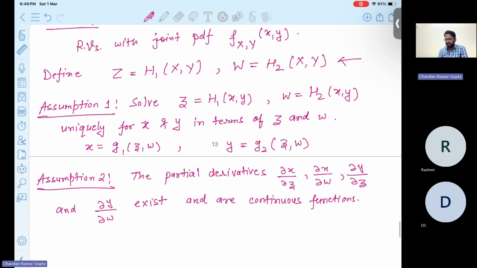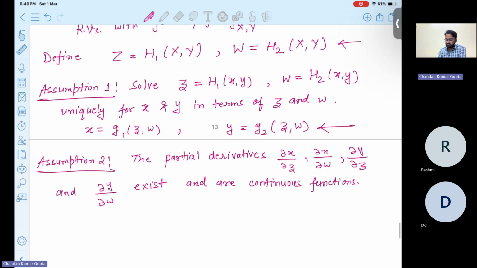We have two assumptions: we are able to solve uniquely for x and y in this format, and the partial derivatives of x and y with respect to z and w exist and are continuous functions. If these two conditions are satisfied, then